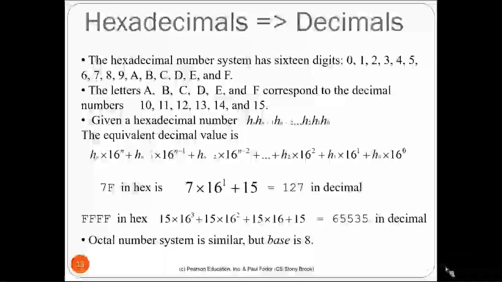Hexadecimal to decimals. The hexadecimal numbers have 16 digits, from 0 to 9, followed by A for 10, B for 11, C for 12, D for 13, E for 14, and F for 15. Given a hexadecimal number represented with these digits from 0 to F, which basically are each one of these digits,